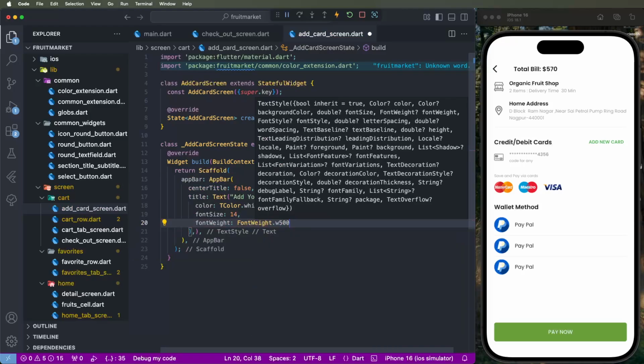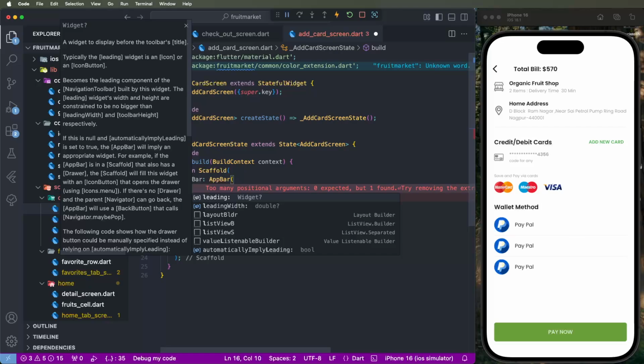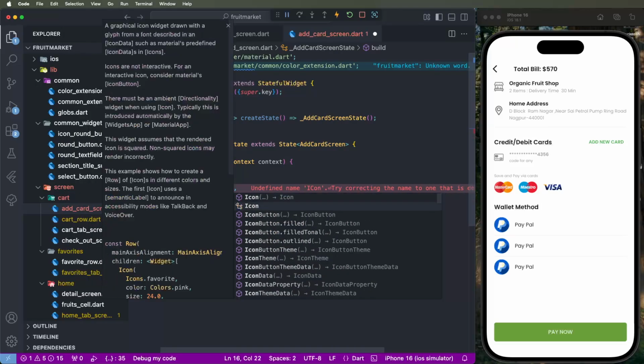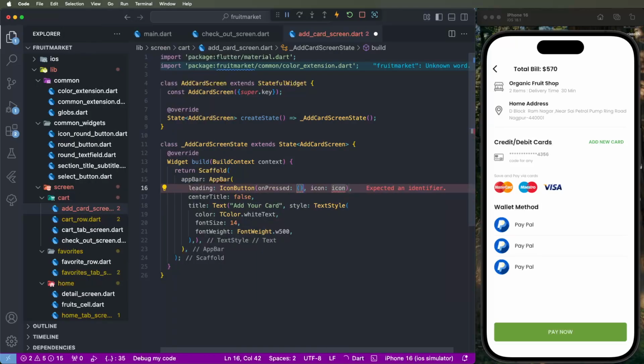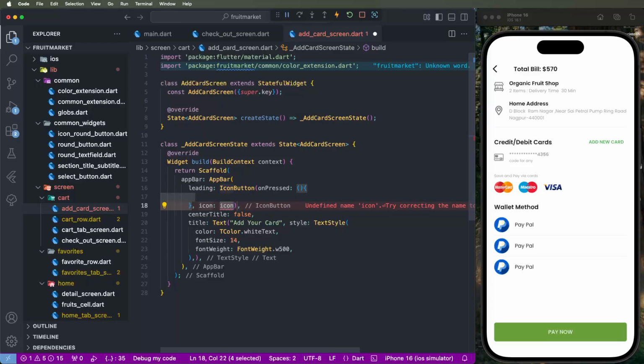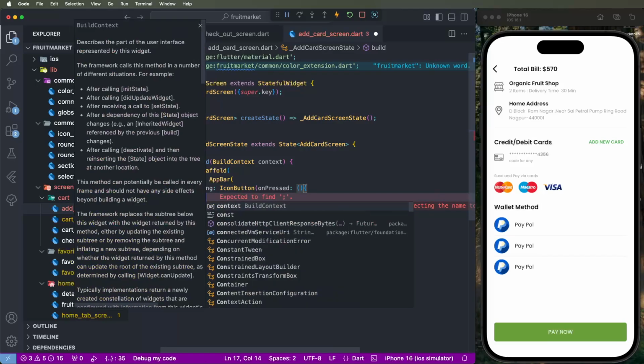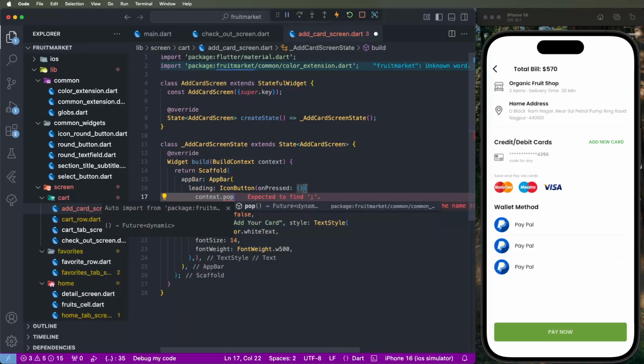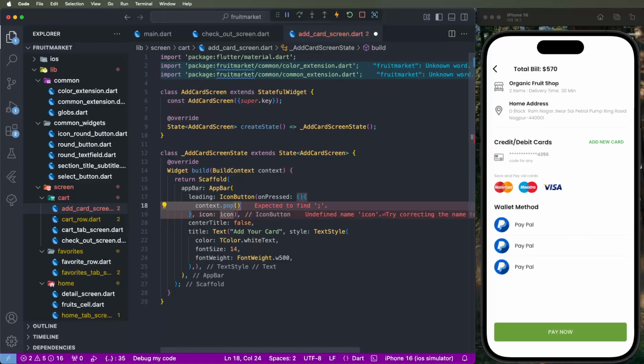So we set this for the UI, and now we need to create the leading button. So we need to develop the leading icon button. We need to use it here, and on the onPressed click event we need to write context.pop, the extension method, which we need to call. If you have not seen the second video, please first see the second video, which explains in detail how to develop this pop extension method inside build context. If you do not develop it, then you will get errors. Now we need to set the icon,